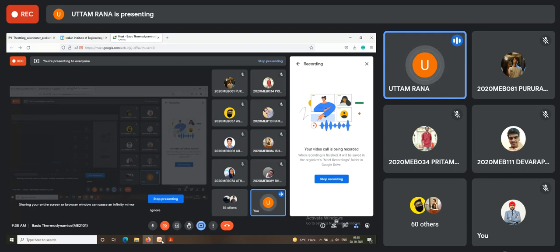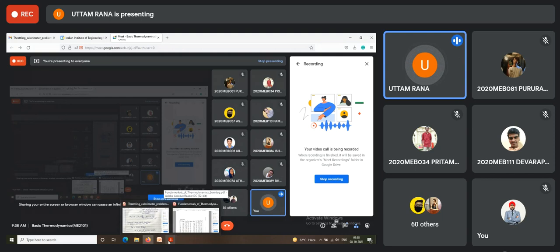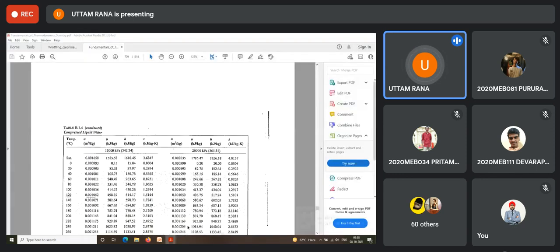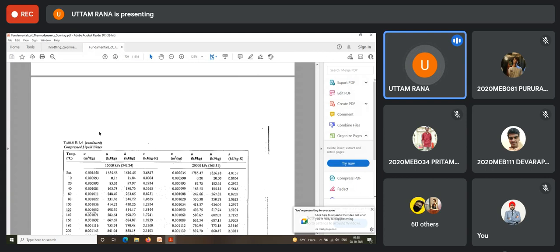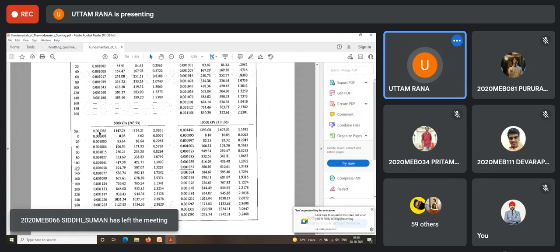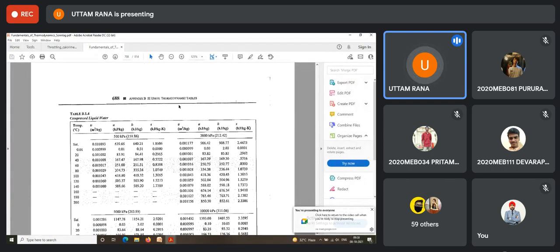So here you can see in this problem, in the separator, steam moisture is collected and its temperature is 80 degrees centigrade. So if the temperature is 80 degrees centigrade, you have to go for the compressed liquid table. If we go to the compressed liquid table of water, we'll see what the pressure is. Pressure is 2000 kPa, 2 MPa is 2000 kPa, and the temperature is 80 degrees centigrade. Can you see the compressed liquid water table?